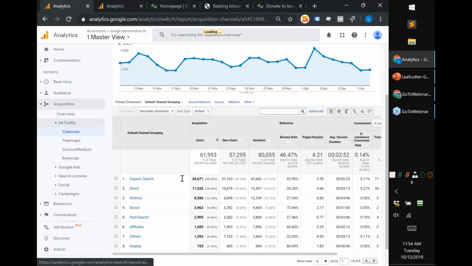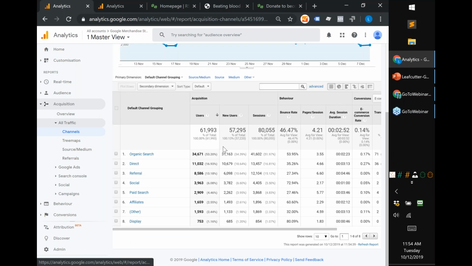To decide that, with this kind of list, when it checks for those UTM values, it's like, okay, they've got a medium of CPC. I know what that is. That's paid search. Or they've got a medium of even social. They're like, I know what that is. That's a channel group of social. Or affiliates, again, a medium of affiliate or a medium of banner or display. Again, those channels exist. If there's a value you've used for a medium which Google doesn't know about, it's just going to drop it all into other.